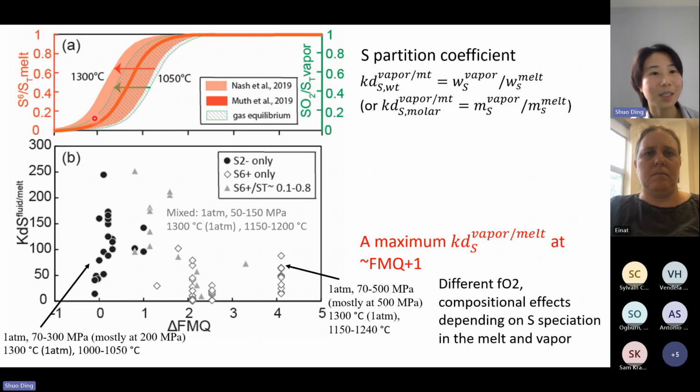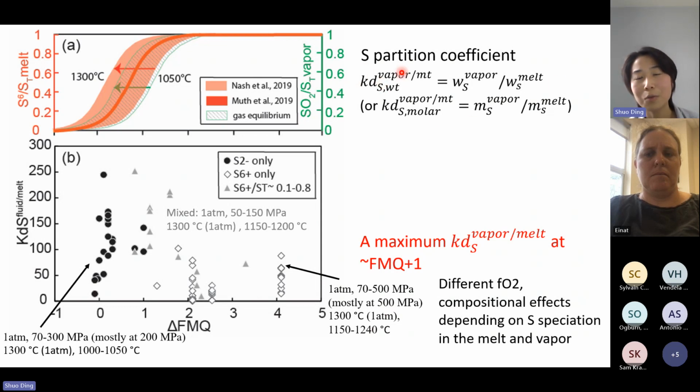So this is actually the area that most of the tectonic settings include, right? And then sulfur speciation actually changes dramatically in this region. That really affects how sulfur degasses in different magma. That's why it really matters. We really want to know sulfur speciation. So because of all this,